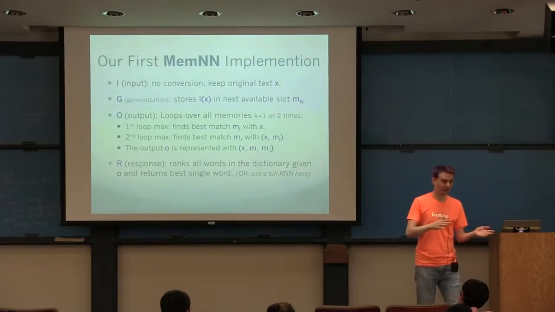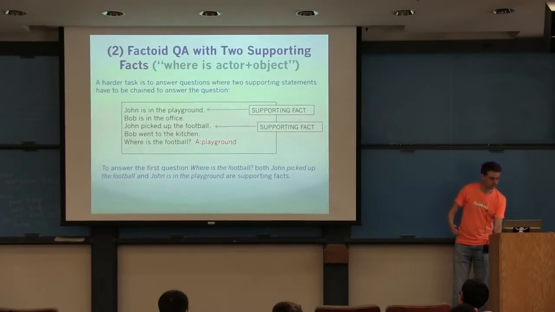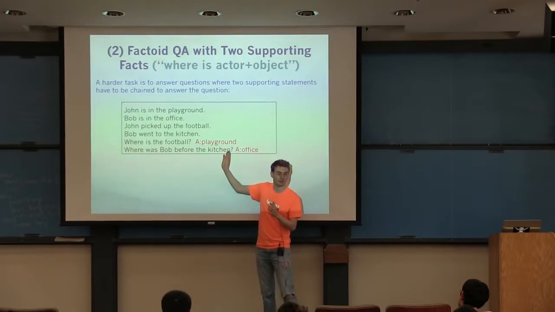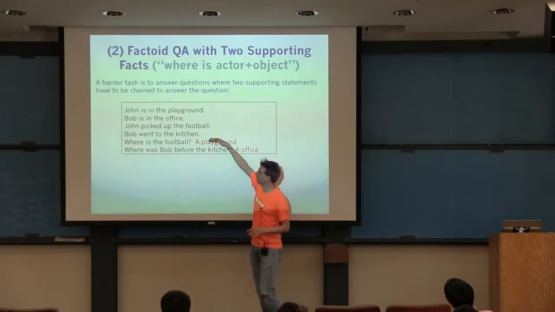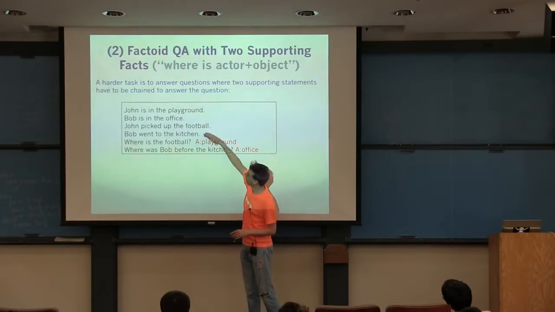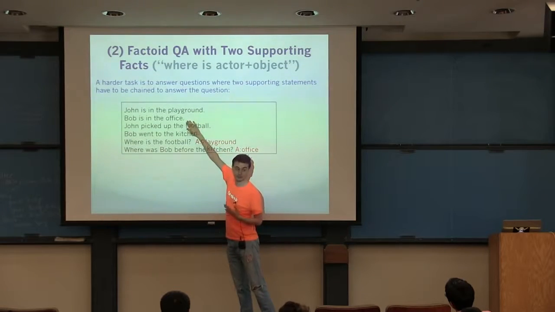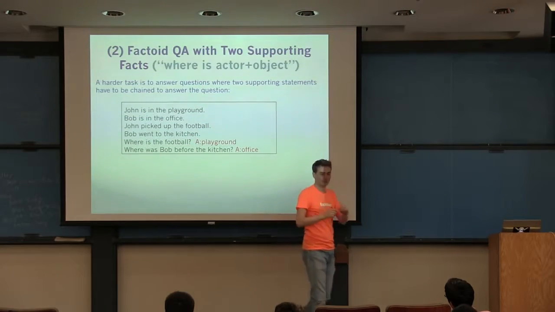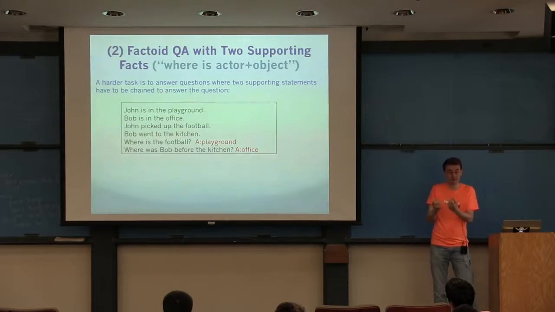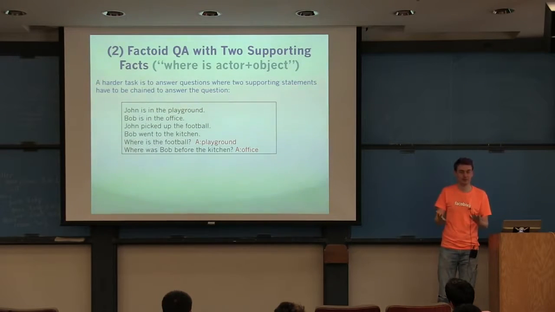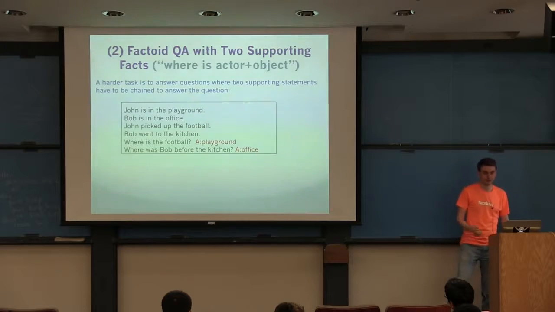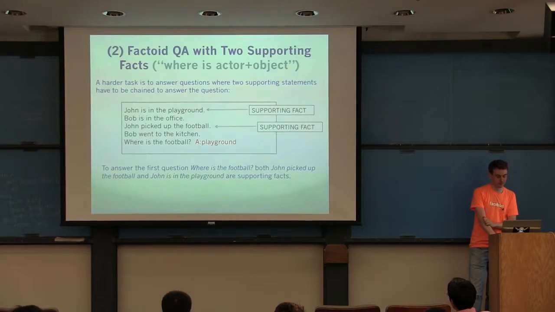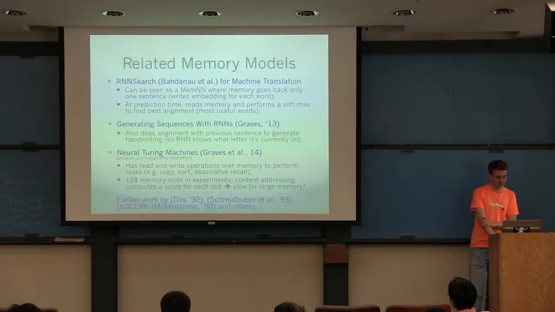But if you're answering a question like, where was Bob before the kitchen, it needs to do a little bit more. In the second hop, it needs to find the most recent thing that says where Bob is, but not more recent than that one. So it needs to do a somewhat more complicated thing, but you can do that if you put in these features and have some function of the features in the model. I am going to show a trick we use for that in a second.